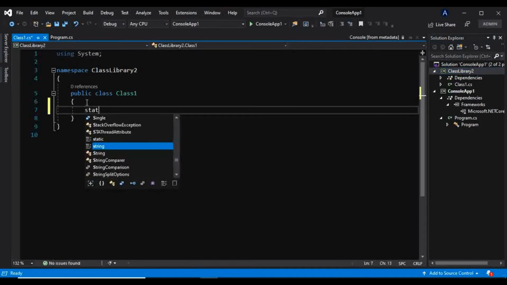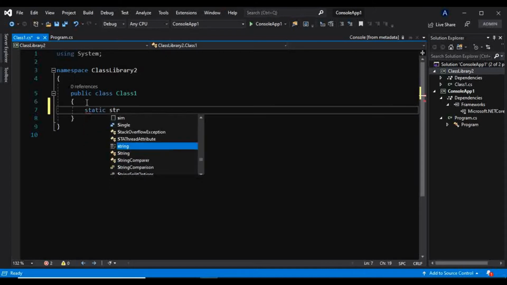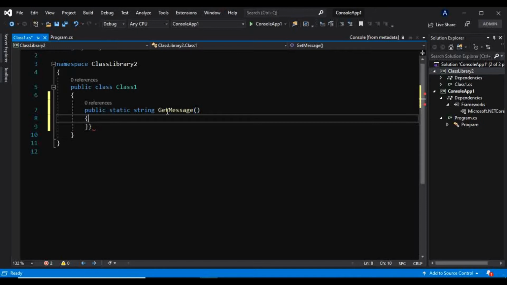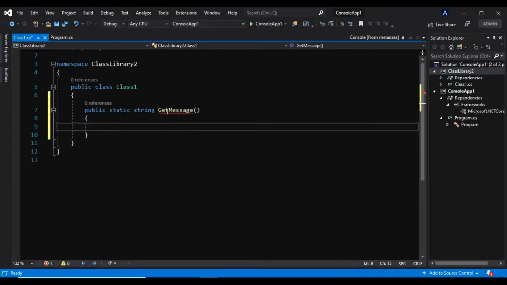One static method which will return a string, and that will be public because we want to use this method in the project where we will give the reference of this project. The name will be GetMessage, any name you want to give. I'm just trying to show you something, so for that I need to create one method here. What will it return?